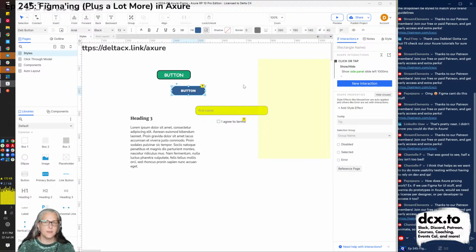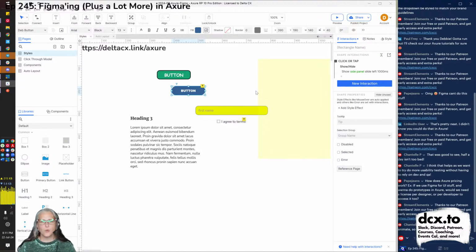So there are some animations and transitions in Axure, but they are still on the minimal side. I would expect to see more in Axure 11, which they're working on, but to me, I don't usually usability test for an animation. An animation is a nice touch. It can sometimes make something worse. It sometimes can make something better, but I'm usually not usability testing the animation. So you just want to make sure that the animation is not getting in people's way.